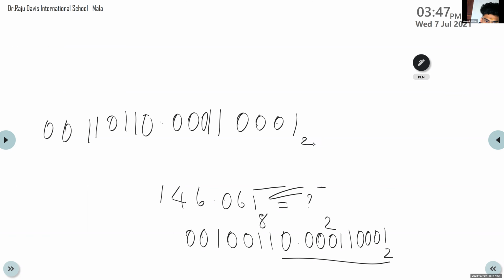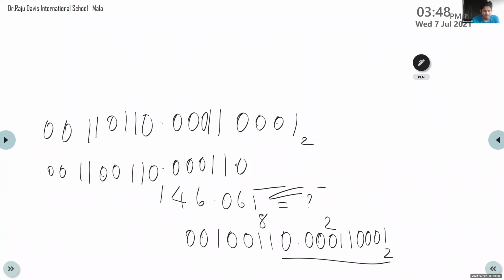0 double 1 double 0 double 1 0. Once again, Vinayak. 0, double 1, double 0. Again double 0. Yes. 0 double 1 again double 0. Then double 1 double 1 0 0 point. And then it is the same. Balance is same. Yes, ma'am. I also got the same answer.